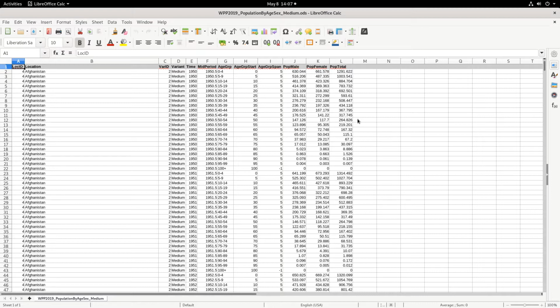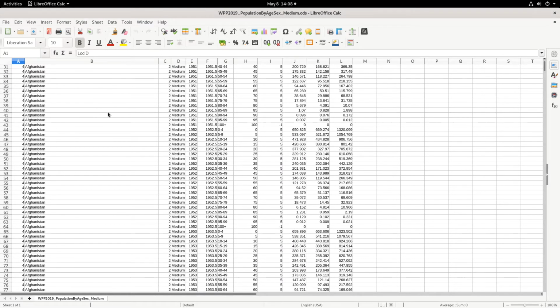Today is Fedora Friday, and today we are going to be looking at freezing the first row in a spreadsheet in LibreOffice Calc. In this document about world population, I have a very long spreadsheet with